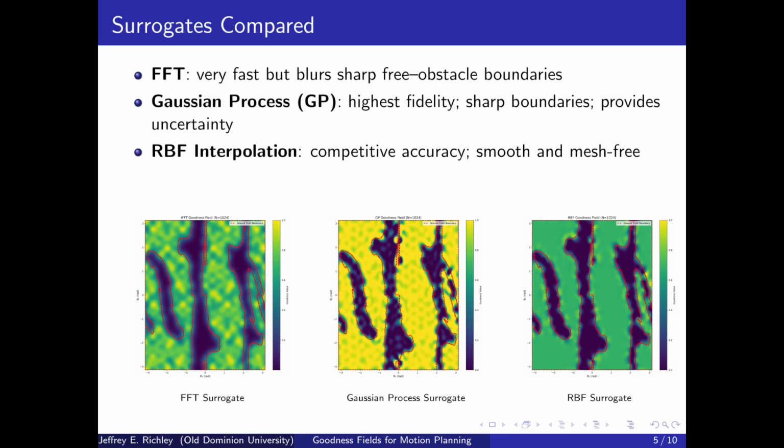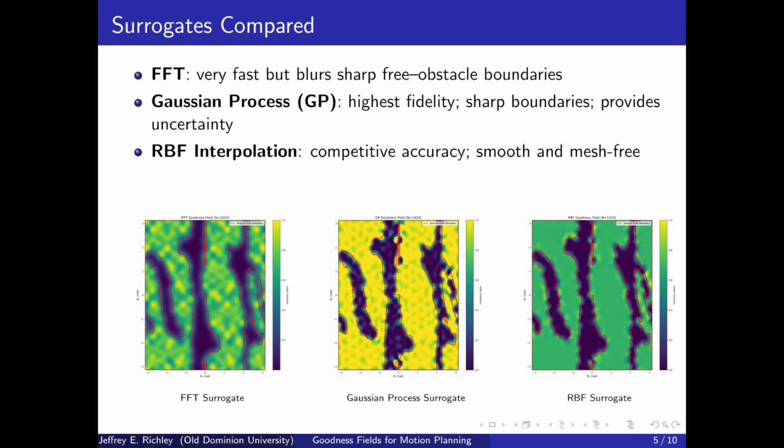Its accuracy is competitive with the Gaussian process, particularly away from sharp boundaries, but it tends to slightly smooth narrow features and does not provide uncertainty in the same principled way. From a planning perspective, these differences really matter. Boundary blurring can reduce planner performance in narrow passages, while higher fidelity surrogates preserve the structure needed for reliable sampling,